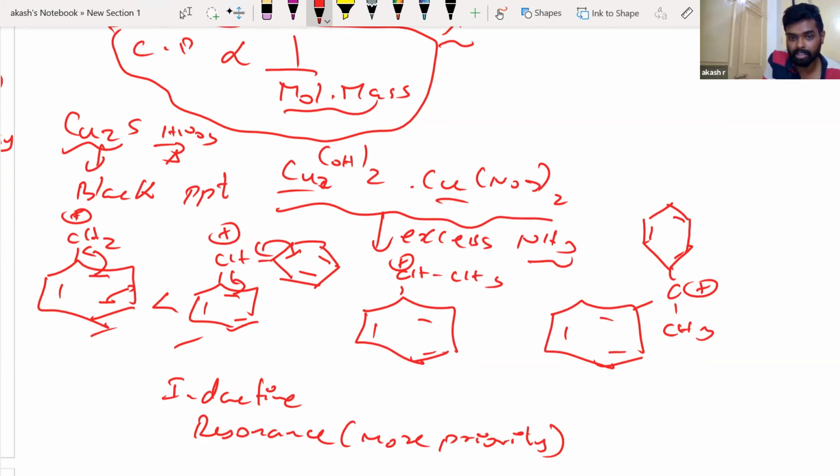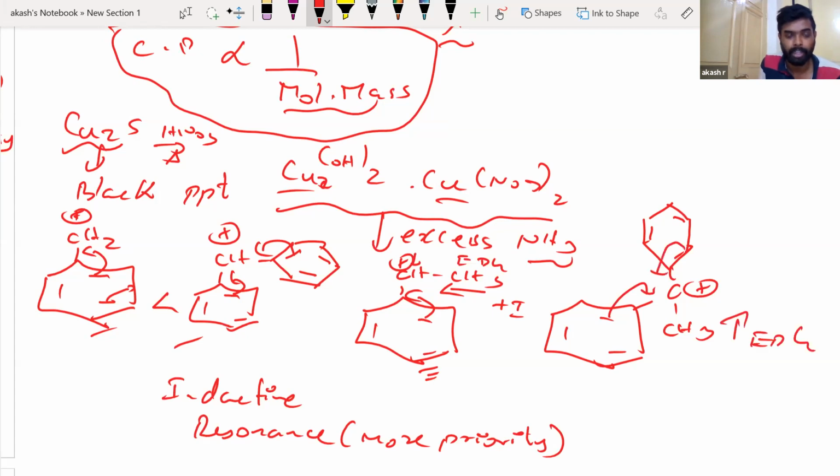Now you check this one. I have resonance happening, and definitely you have a methyl group which will give a plus I effect. That is an electron donating group, EDG. An EDG will decrease the positive charge, more towards neutrality, more stability. Now here I can have resonance, no doubt about it, and there is an electron donating group also. So among these, I will give the first rank to this one. Why? Because there is both side resonance and there is an electron donating group. All things are there.